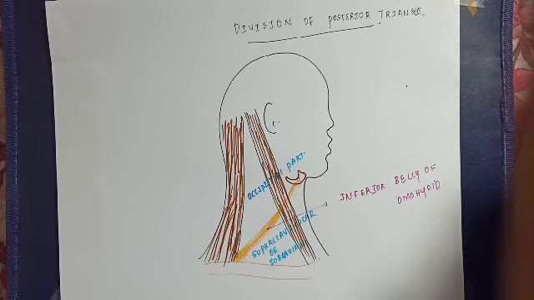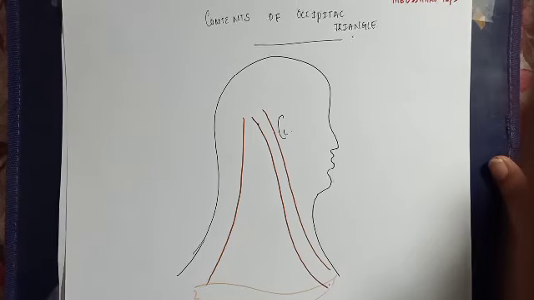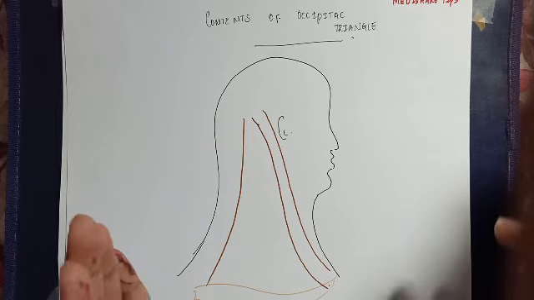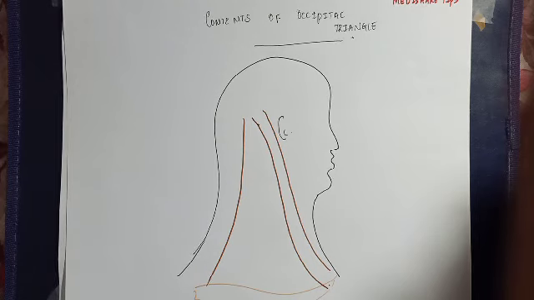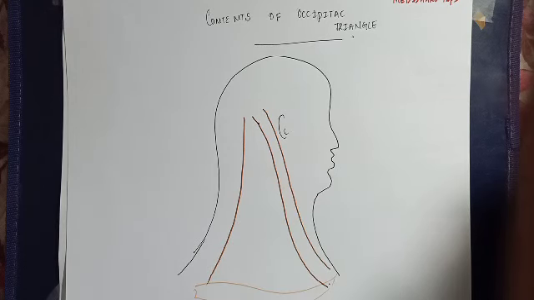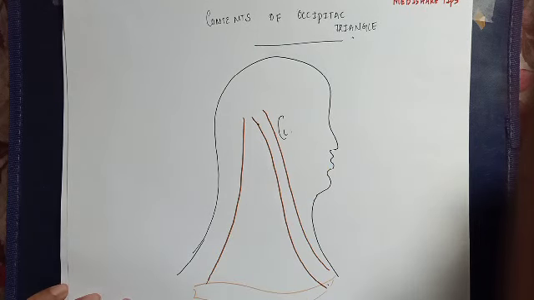Now we'll go into the contents of the posterior triangle, which is very important. While discussing the contents of the posterior triangle, first we will discuss the contents of the occipital triangle, that is the upper larger subdivision of the posterior triangle. So I will discuss the contents which are coming in the upper part first. In the occipital triangle, the important nerve which is present under the investing layer of deep cervical fascia,